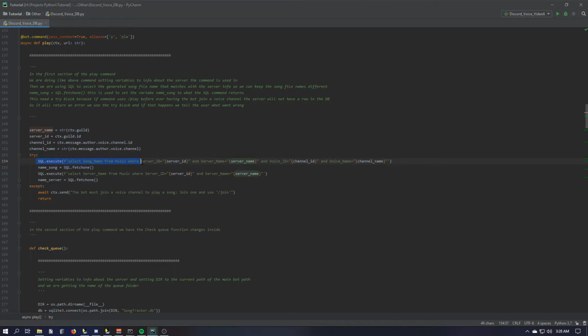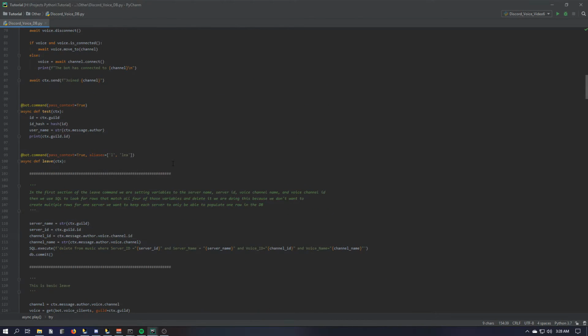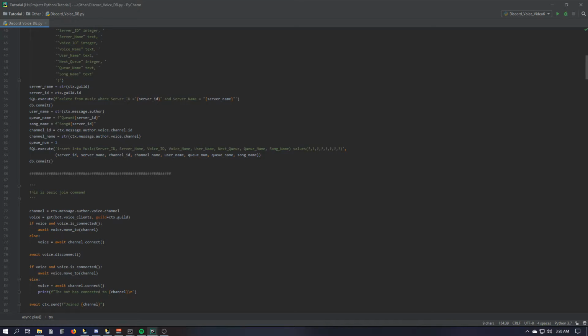Say we've done the join command and we're now doing a play command. So it'll select from these things, select where this stuff equals that, and then it'll fetch one. So this will select the song name. Imagine you have rows: song ID, or server ID, server name, voice ID, voice name. So up here, these are all rows. So we're selecting this one where